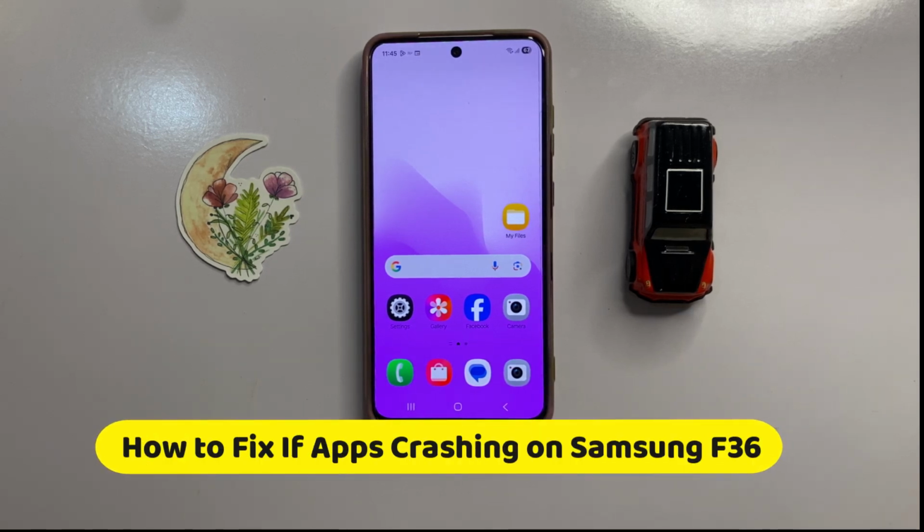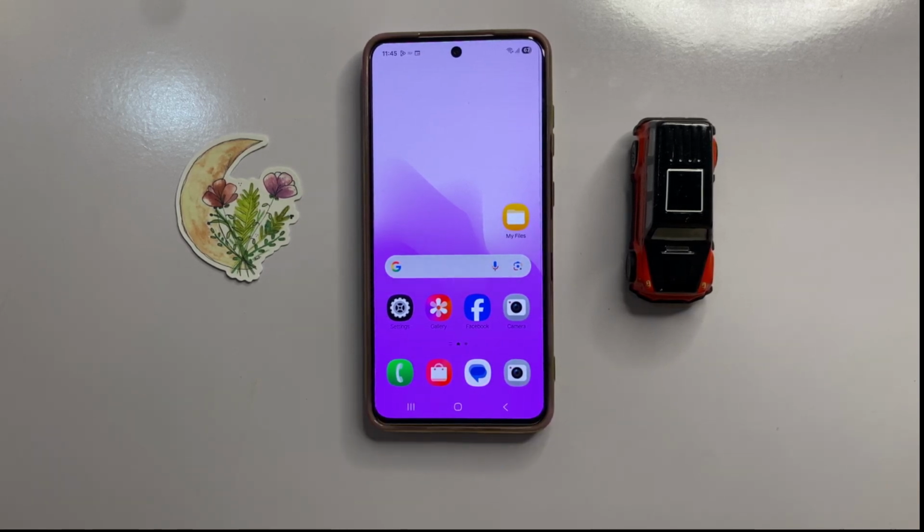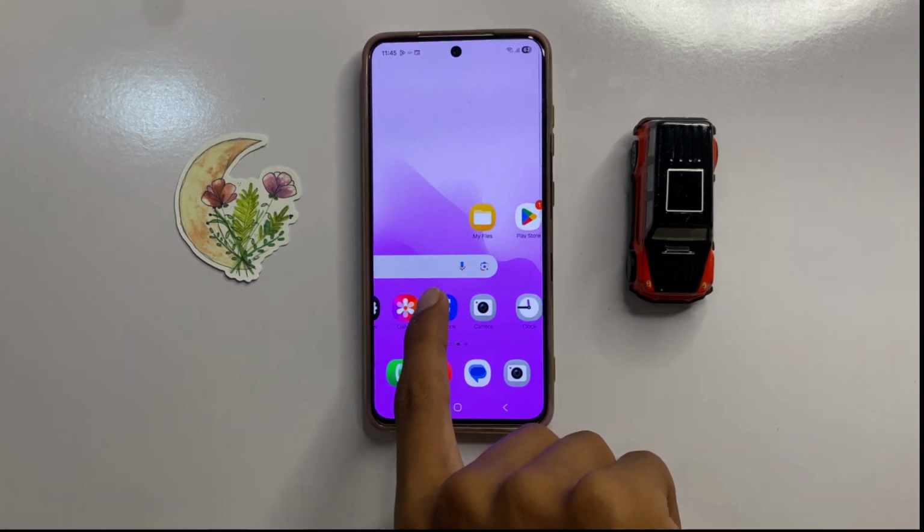How to fix apps crashing in Samsung F36. So let's start the video. First of all,